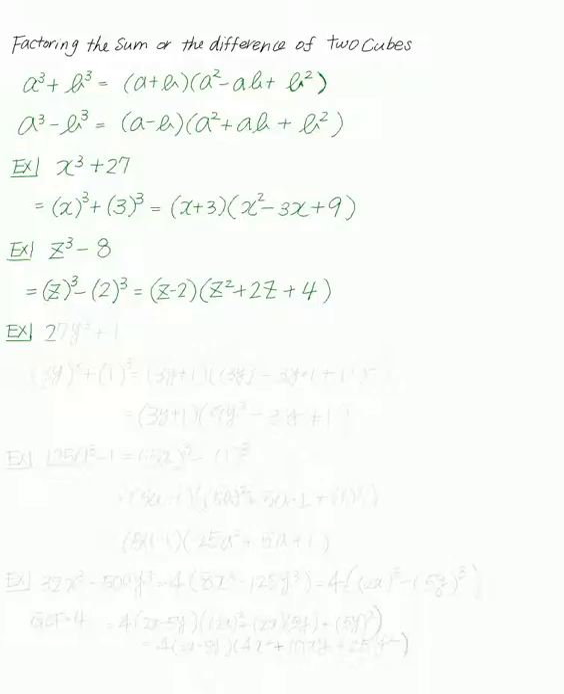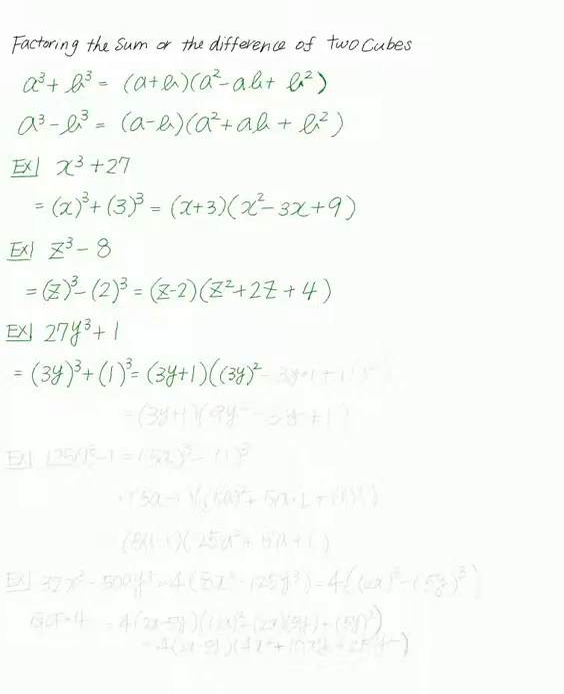we'll start with 27y to the third plus 1. Now again, I'm going to rewrite this as, in parentheses, 3y raised to the third power plus, in parentheses, 1 raised to the third power. A in this case is the 3 times y, b in this case is the 1. So looking above at the rule, I'm going to get, in parentheses, 3y plus 1. Now we're going to have, in parentheses, 3y